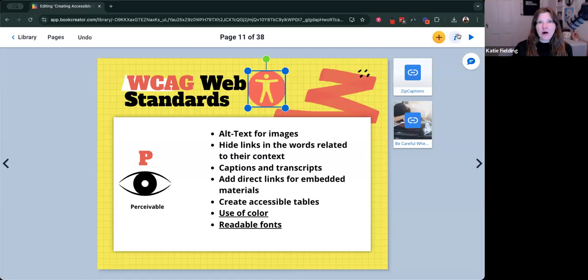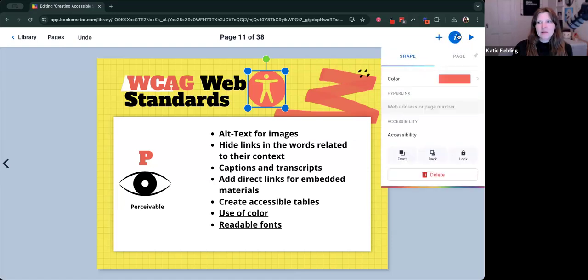If I want to add alternative text to it, I'm in a tool, Book Creator, right now. I can see that I've already added some alternative text to it. Really, though, this word accessibility isn't enough. I'm going to say accessibility symbol. So that's going to tell a user that is using a screen reader what that image is on the screen